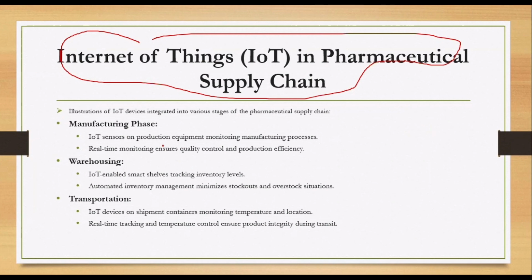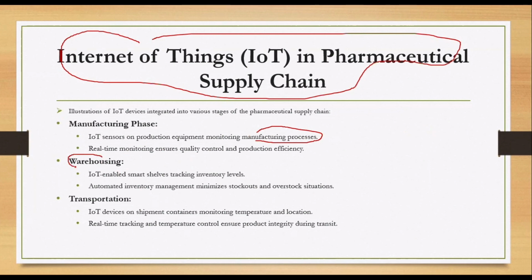So IoT sensors on production equipment monitor the manufacturing process: whether any process delay is happening, where exactly the process delay is happening, where exactly the component is not working. All these things, real-time monitoring is going to happen, and that looks at quality control. So the pharmaceutical industry looks at quality as very important, and if you improve the efficiency, definitely looking at quality,